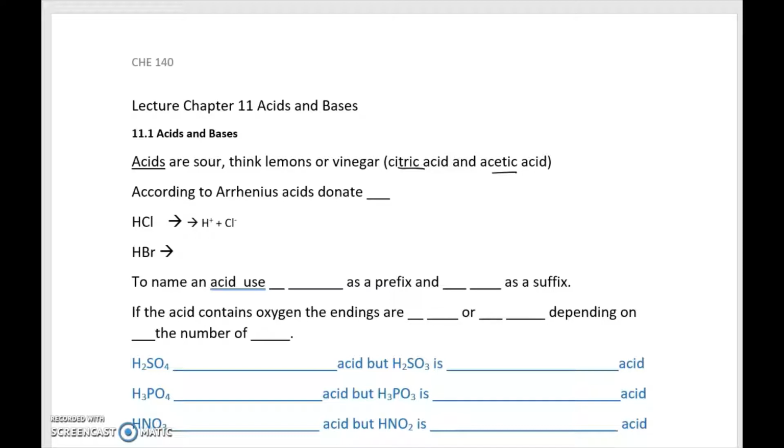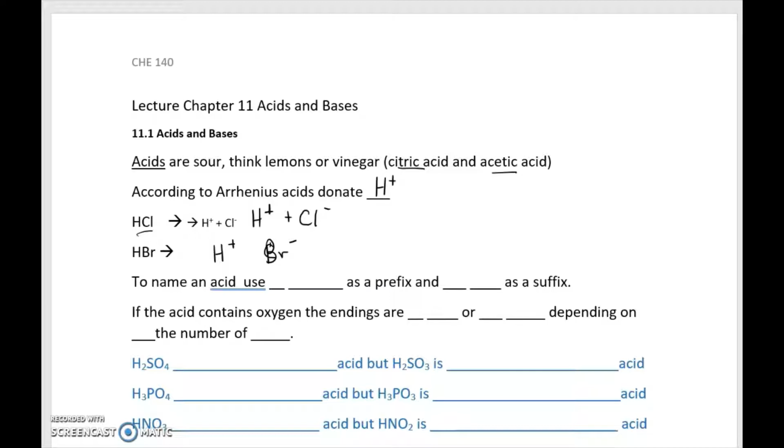The definition we'll be using is the Arrhenius definition, and in it, acids donate a hydrogen ion. That is a hydrogen without its electron. So hydrochloric acid will make a hydrogen ion and a chloride ion. Hydrobromic acid makes a hydrogen ion and a